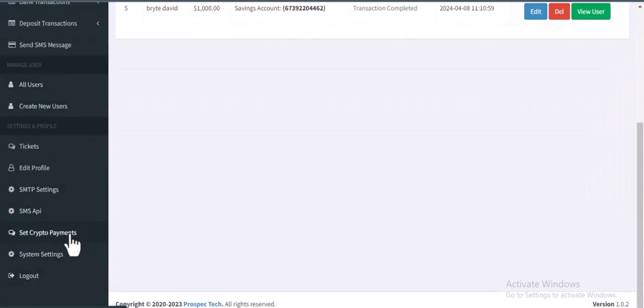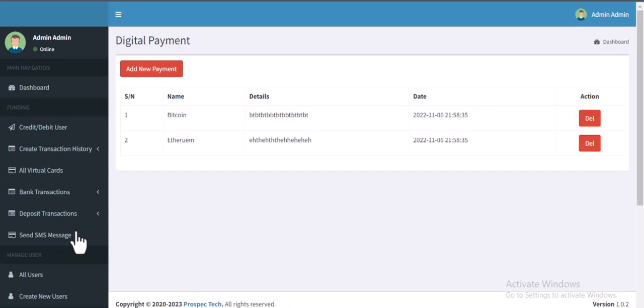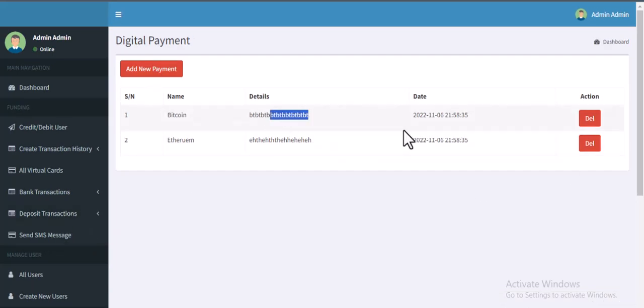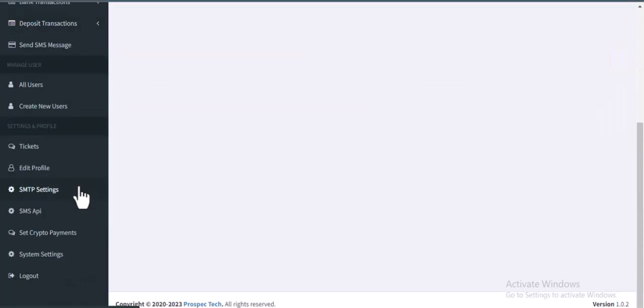Okay, now let's look at the functions on the admin back end. Here is the admin. Set crypto payment. Look at it, see where you add new payment. You change the wallet, like I told you in the beginning of this video, that you can actually add more